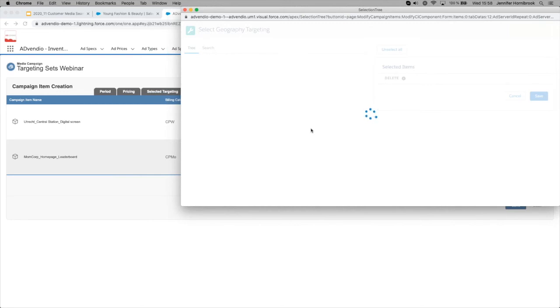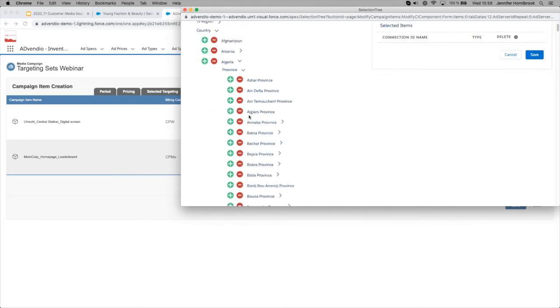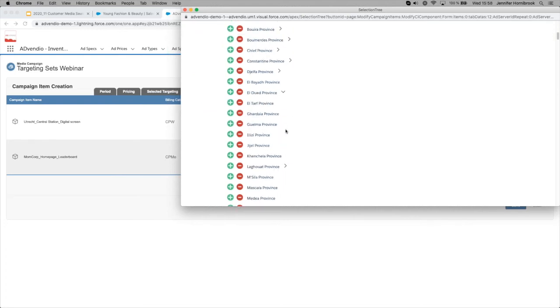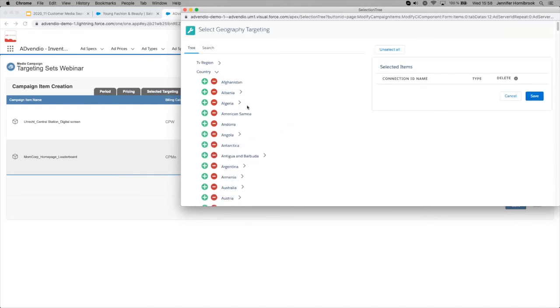This is also, of course, the case for key values. Of course, the tree takes a bit longer to load depending on how much information is in that particular targeting. And as soon as this one loads, you'll see just how much is under there. So here you've also got TVs, countries. They're broken down also into provinces, and they go further down into cities. So you can see why this might have taken a little bit more time to load. So you can